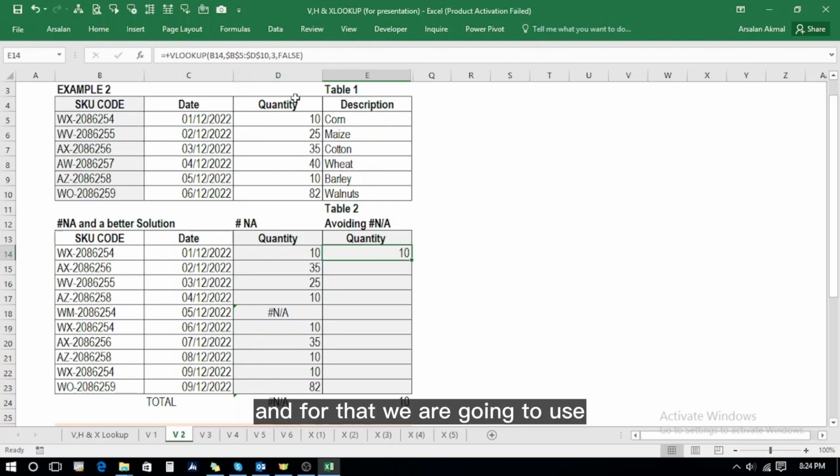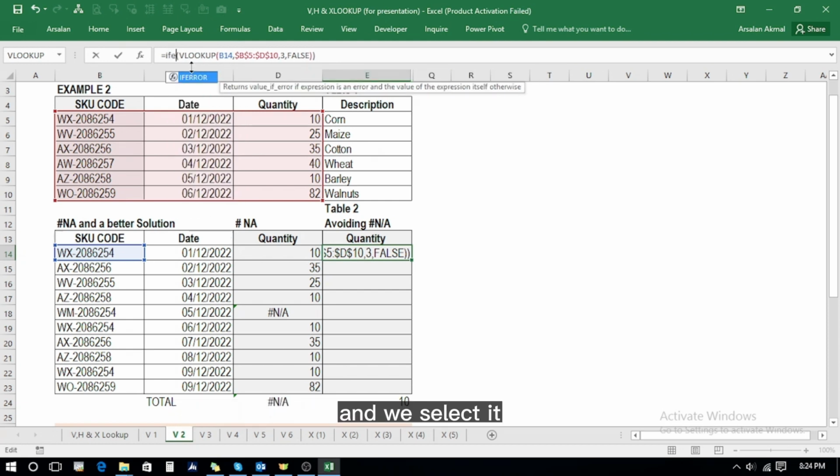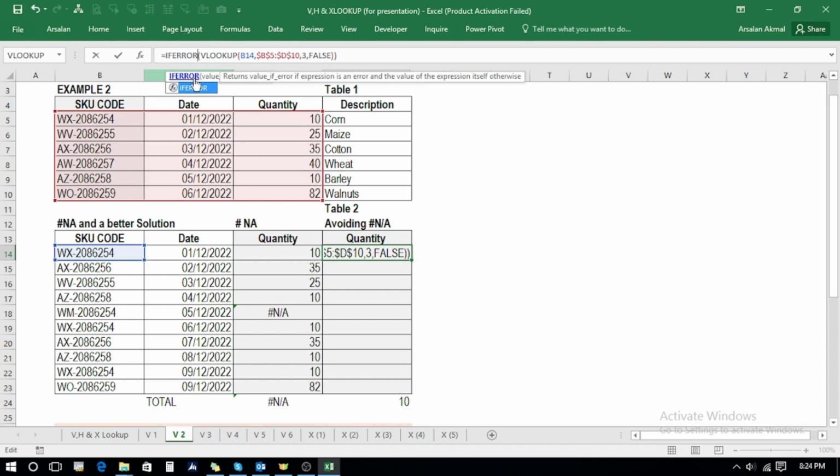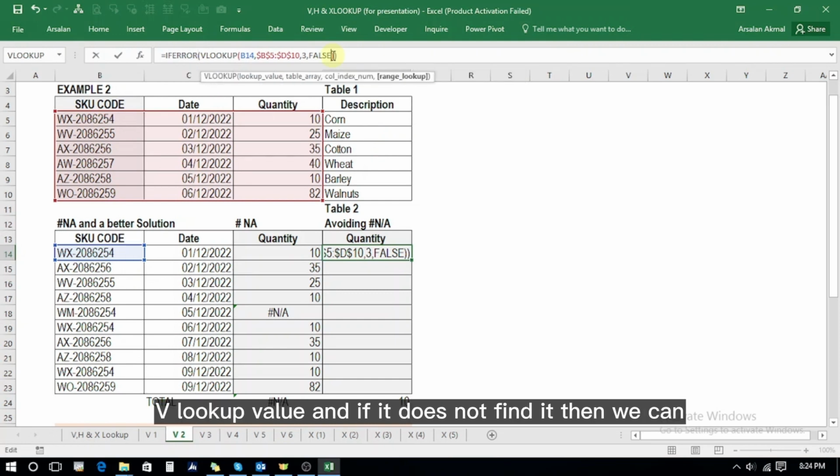For that, we enter in the cell, put another parenthesis around the Vlookup formula, and go in the beginning and write IFERROR, and we select it. Now it says the first value is the Vlookup value, and if it does not find it,